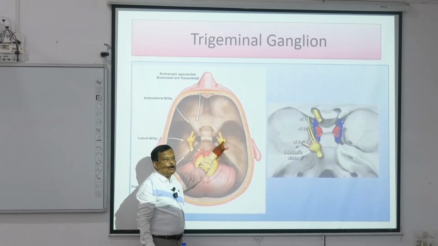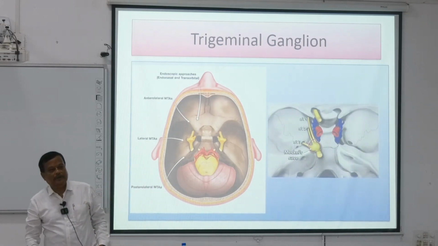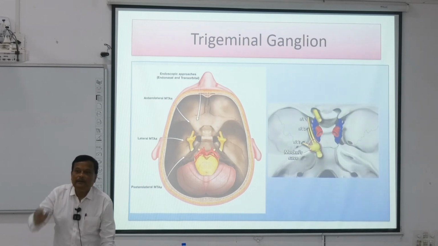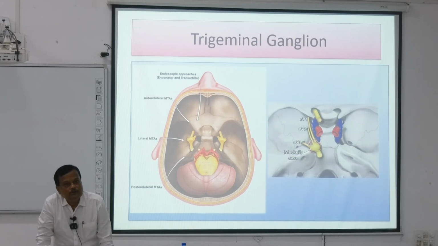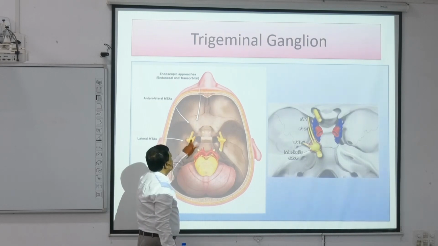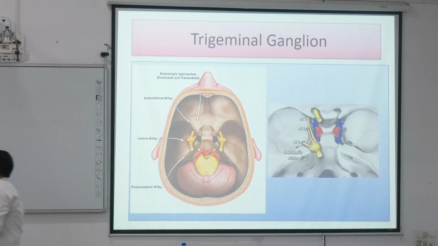At the apex of the petrous part of the temporal bone, there is a depression. Here lodges a ganglion known as the trigeminal ganglion. In a fold of dura mater, we call Meckel's cave. একটা বাড়ির মধ্যে থাকে, বাড়িটা টেন্টের মতো বাড়ি। টেন্টটা কি? টেন্ট মানে হচ্ছে চামড়ার টেন্ট, সেটা হচ্ছে ডুরা দিয়ে তৈরি করেছে। সেই টেন্টটার নাম হচ্ছে Meckel's cave. It is formed by the endosteal and meningeal layer of the dura mater. এই হচ্ছে ট্রাইজেমিনাল গ্যাংলিয়ন। কেমন? ট্রাইজেমিনাল গ্যাংলিয়ন।